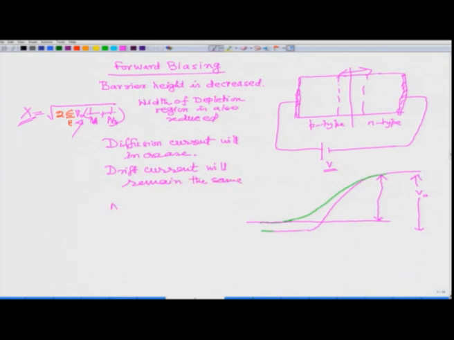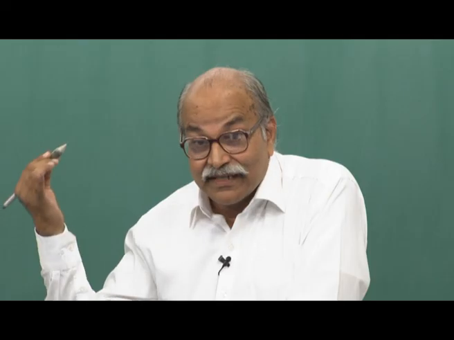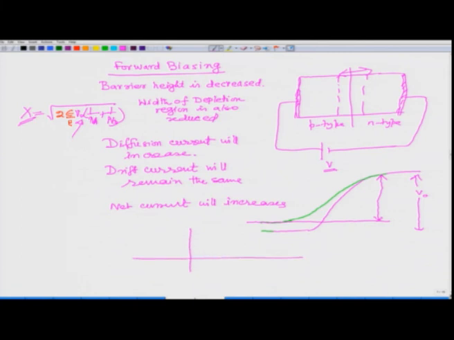So, the net current will increase. In what fashion? Not linearly, because it all depends on the population of electrons in those higher levels, and that is exponential, that has a more complicated form. So, the current first increases very slowly, and then after a certain voltage it increases suddenly,